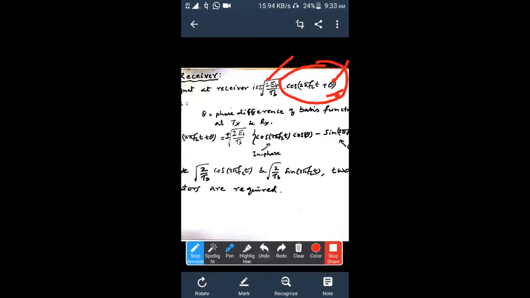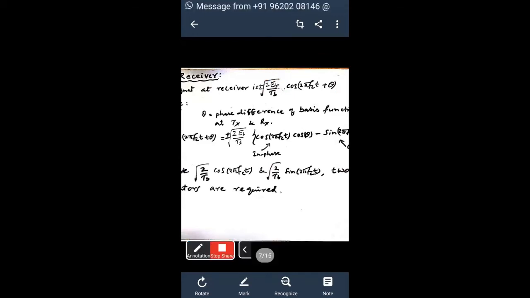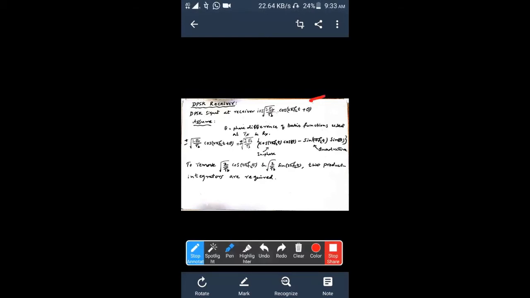To avoid this complexity of identifying theta and creating theta, we go for DPSK. We handle the effect of theta easily here. When the signal comes to the receiver, the carrier signal may have an additional phase shift of theta. This theta may become a danger because the modulation technique is PSK, phase shift keying. That means your information, bit 1 and bit 0, is in the form of phase only. If the channel introduces additional phase, then at the receiver we will be in problem. That's why we have to handle theta carefully.